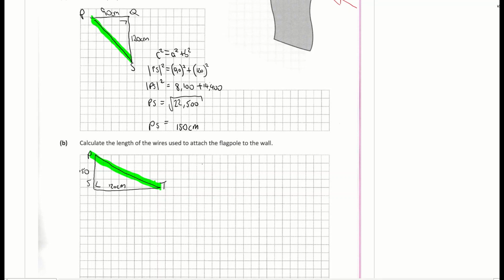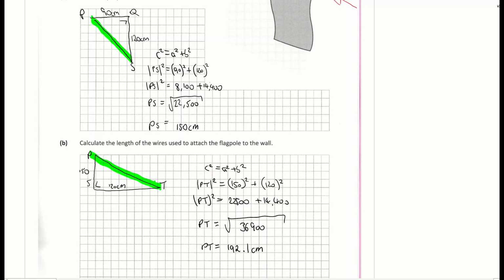So once again, I'm using my Pythagoras theorem, which is c squared is equal to a squared plus b squared, which is giving me the length PT, which again is the hypotenuse, all to be squared, is equal to 150 squared plus 120 squared. And that's giving me 22,500 plus 14,400. And that is equal to PT, all to be squared. I'm going to add the two sums, and I'm going to get the square root of that because I'm looking for PT. So that's giving me the square root of 36,900, which is giving me a length of PT as